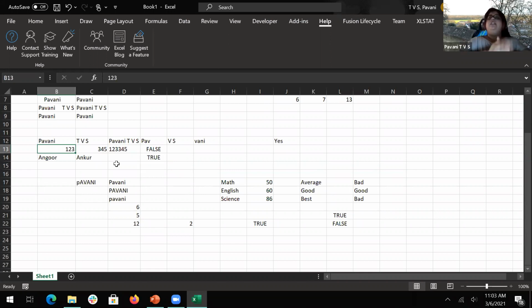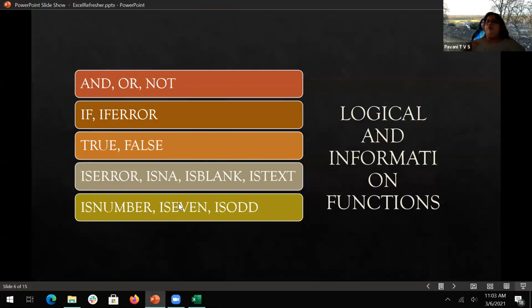Whenever you type in numbers, it will automatically move to the right side. But when you type it as a string, it will be on the left side, just like how you're seeing this information. So those are a few logical and information functions. I'm moving on to the next slide.